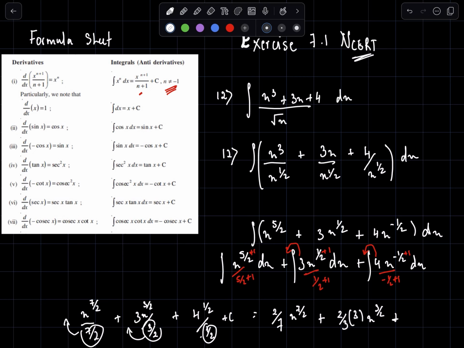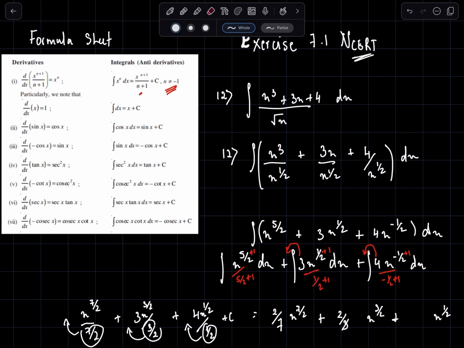Now if you're bringing half here, it inverts again. 2 by 1, which is 2 times what? Why do I forget to write the x? I'm sorry. Forgot to write the x there as well. 2 times x raised to the power half. 2 times 4, sorry, x raised to the power half. Now this 3 cancels, this 2 becomes 8, so the final value